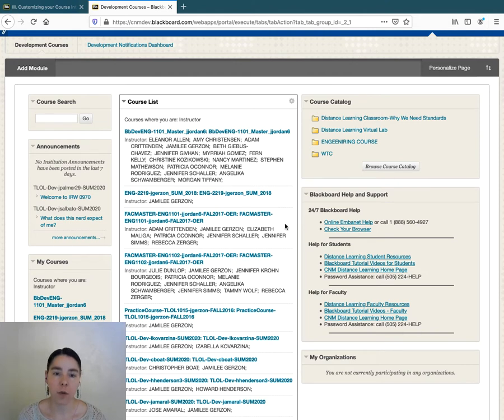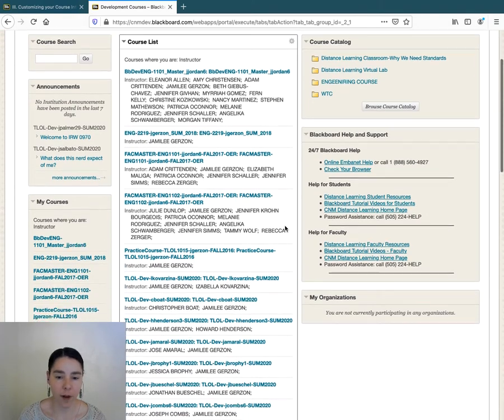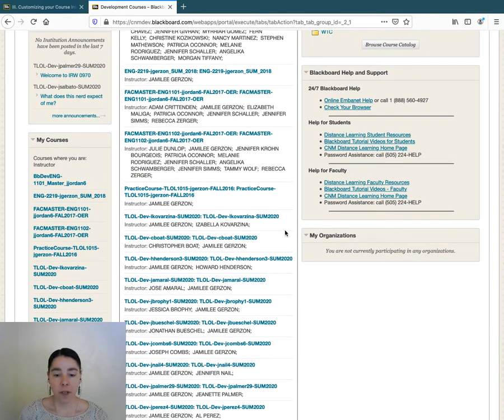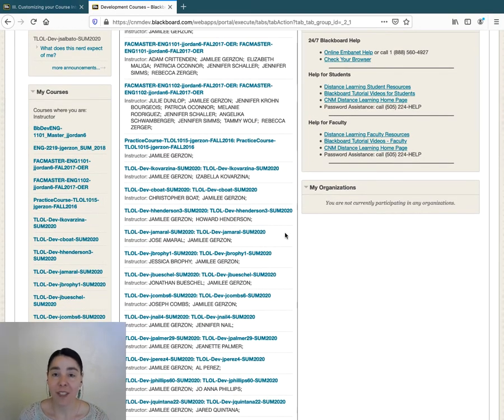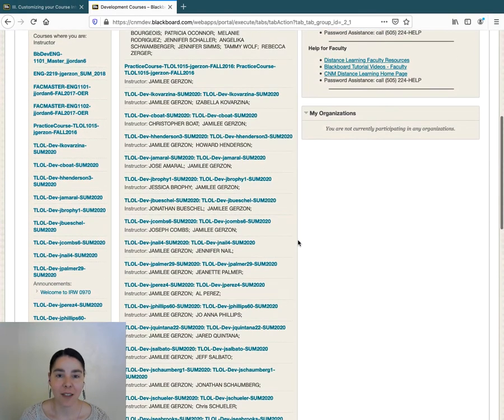So these are shells that have been built by instructors in the English department. I was asked to be allowed into those shells so I could see what the instructors had done and maybe use some of that content for my own courses. And then I have everybody in our course, I am also in our TLOL course,